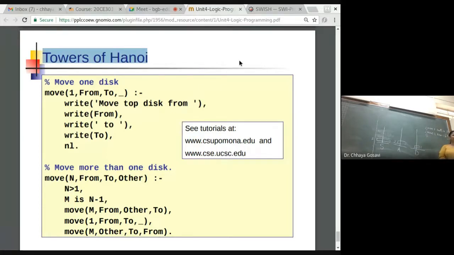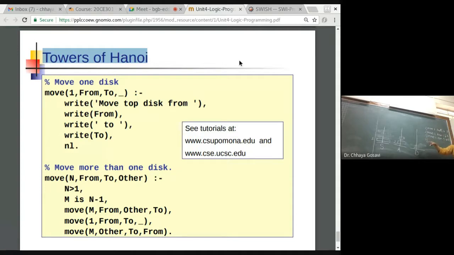Notice my third step. I can move one from D to A. Now what is the next step?